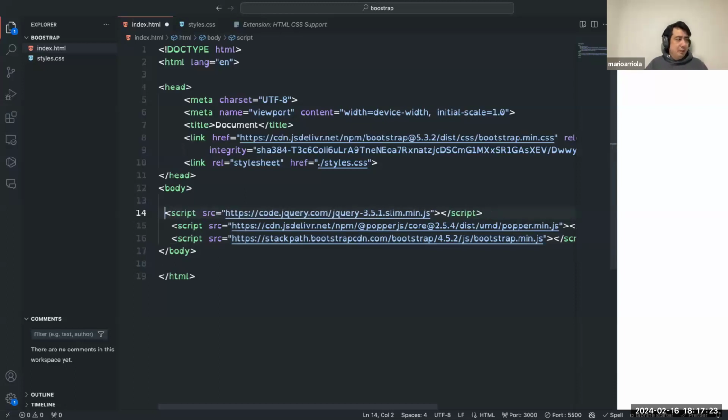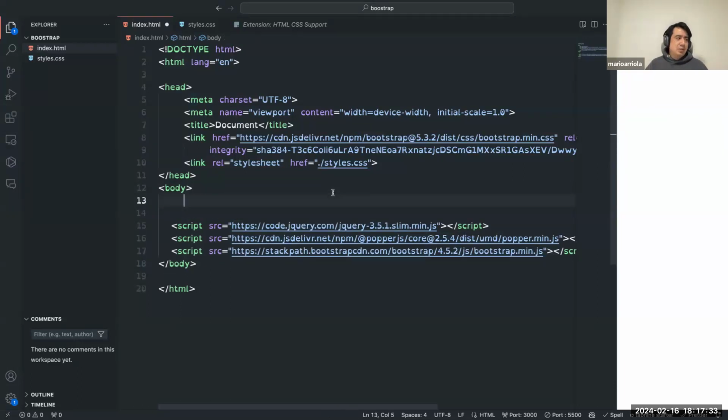Just to give you some reference, jQuery is the predecessor of React. I think jQuery was the most amazing thing that was written at the time. And this Popper is just a library that has one slider included. And this Bootstrap includes some JavaScript that allows